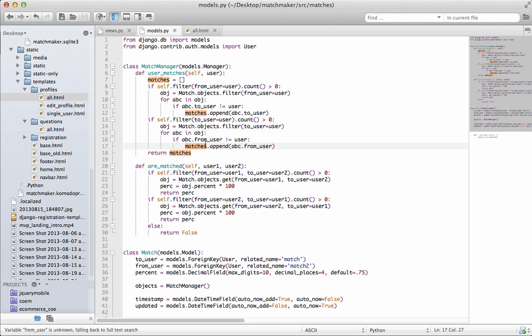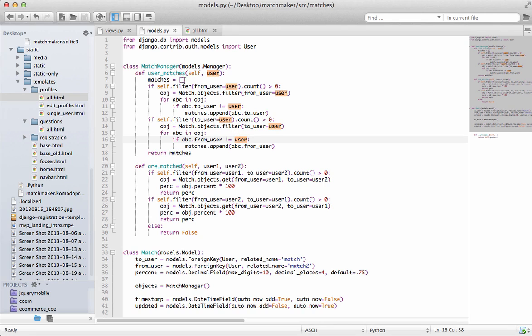Okay, so this is pretty self-explanatory. We're going to take the user in, and then we're going to check to see if there are matches on one side. If there are, then we're going to append them to matches. And then we're going to do the same thing if there's matches on the other side and append it to matches, as long as it's not the user